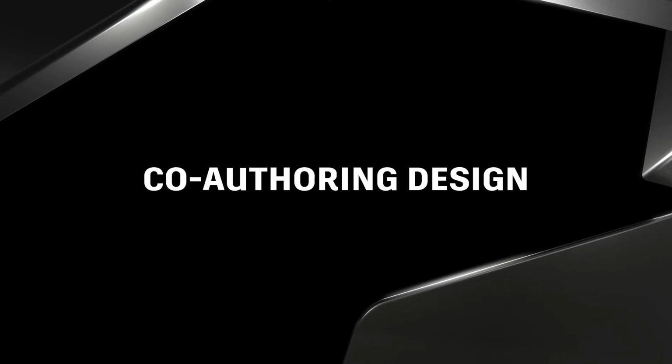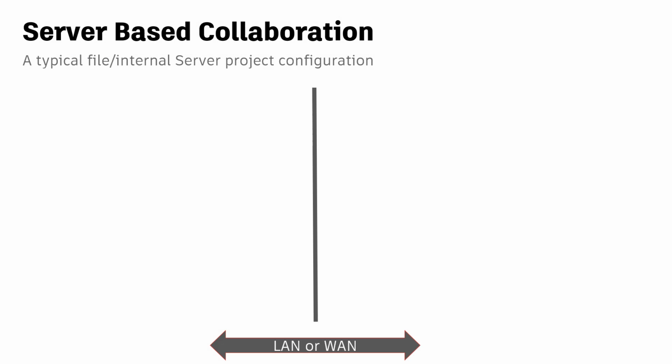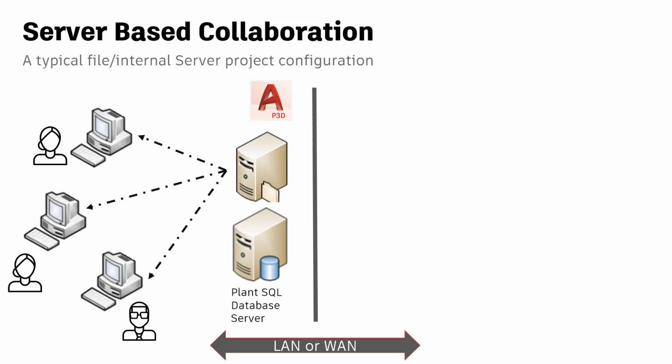Let's now spend a few minutes on co-authoring design in Revit and Plant 3D. This is the classic server-based collaboration, on a local area network or wide area network, that we have had for a few years now. This is how it works for Plant 3D: a Plant 3D project has a SQLite or SQL Server database that can be used by many users, depending on the different projects we work on. For Revit,